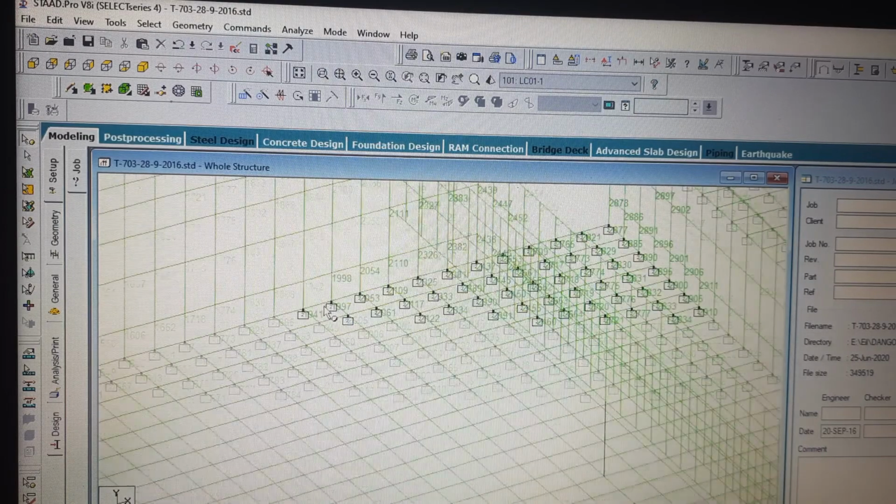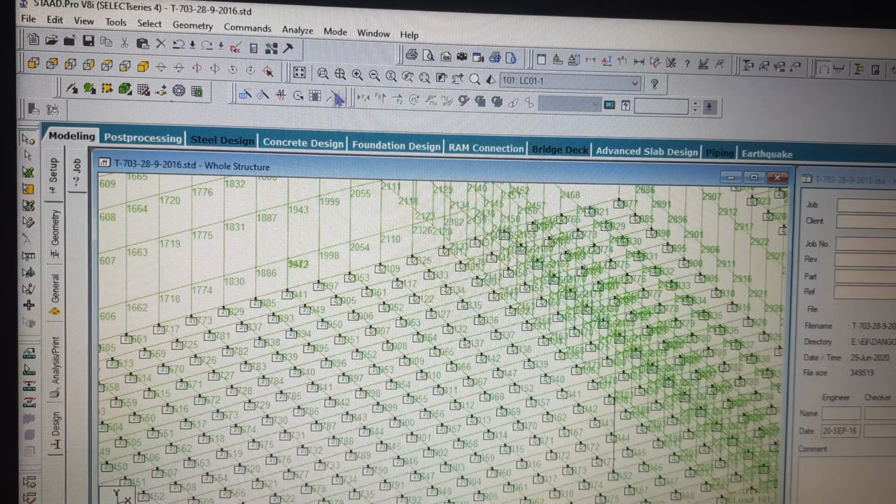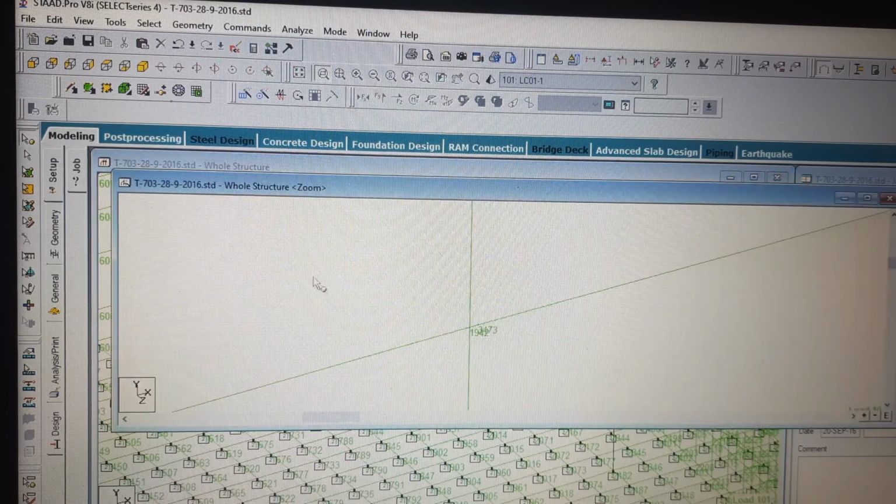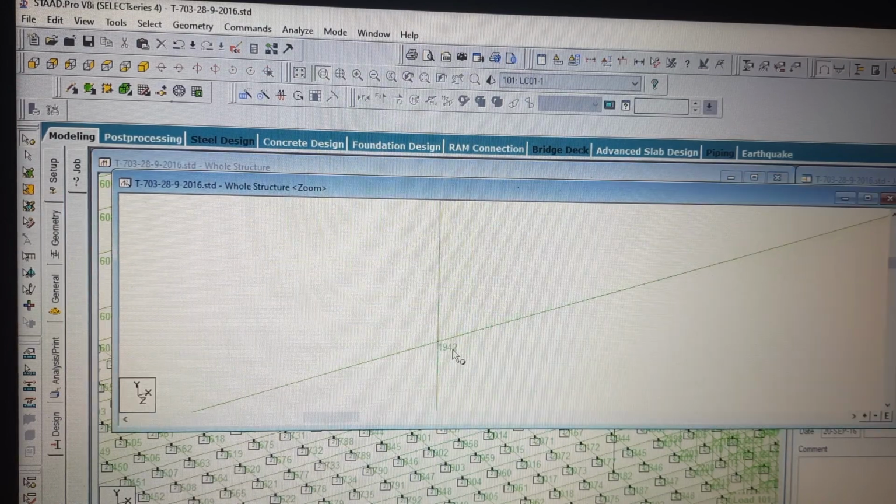You can see the node has been duplicated over here. If you magnify it, you will be able to see a node duplicated near this node.